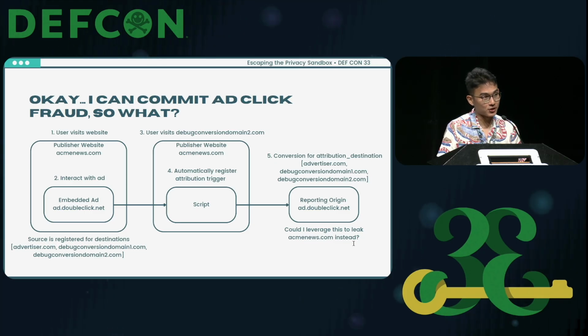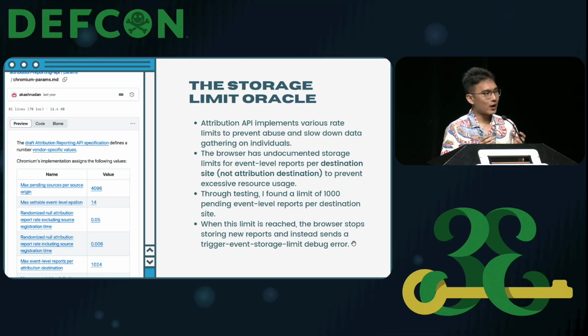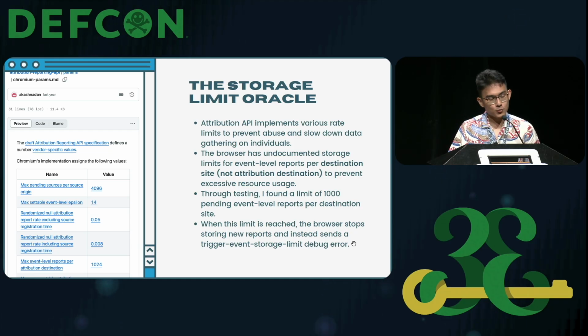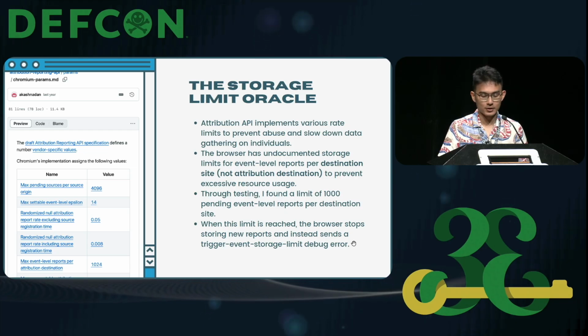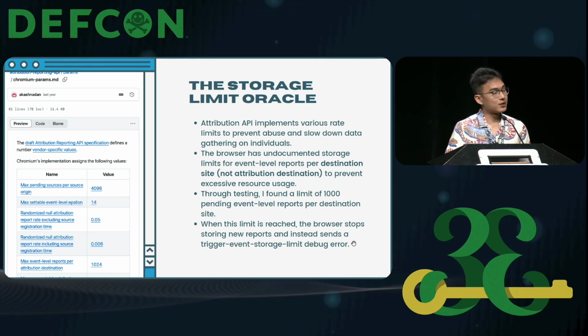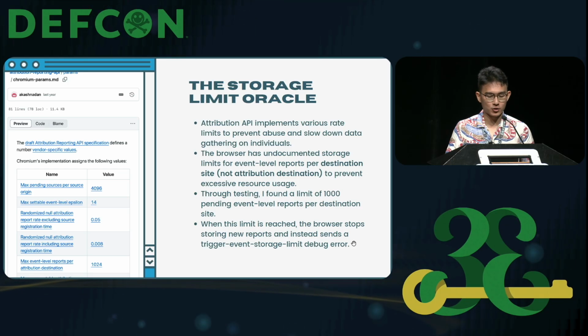What I wanted to do was really just figure out what you've done, right? What websites you've been visiting and where you've seen ads. So I began looking for ways to get around this, and one of the things I started looking into was rate limits. The Attribution Reporting API is very intentionally designed to preserve privacy. I don't think that's really a question. And one of the ways they've done this is they have added rate limits for various actions because, for example, they don't want an advertiser to track too much information about a particular individual. They also don't want to create resource exhaustion by triggering too many of these